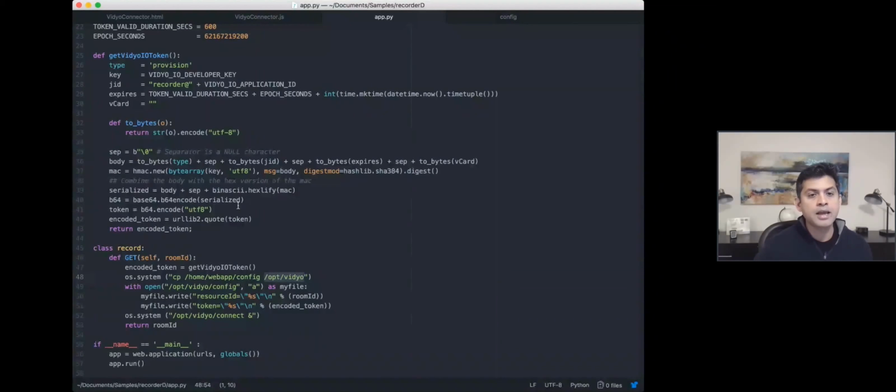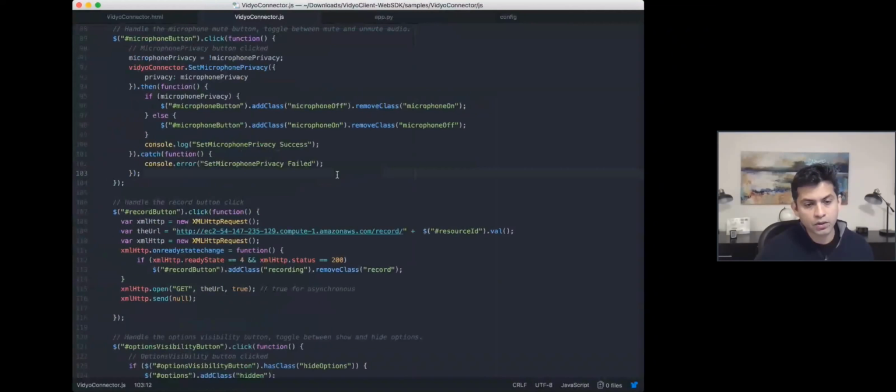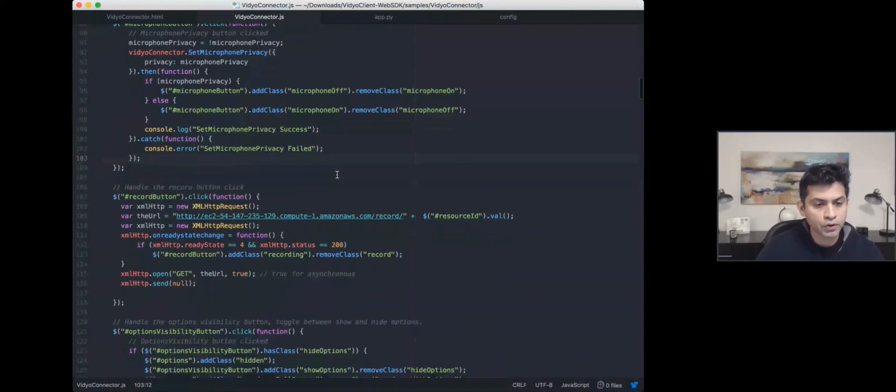It's as simple as that. And on the client end, when I wanted to run this, what I ended up doing is I downloaded the web package sample from our packages web page on Vidyo.io. When you download the package, you'll see,